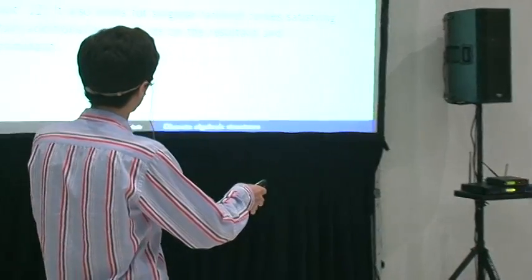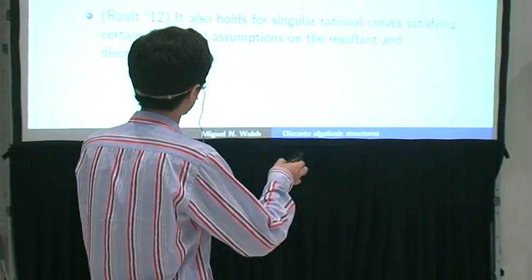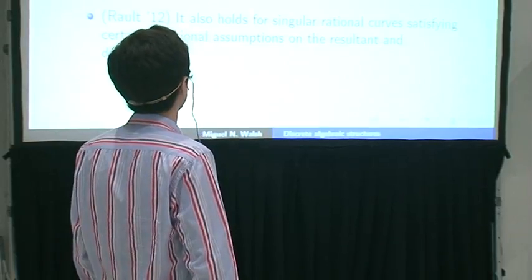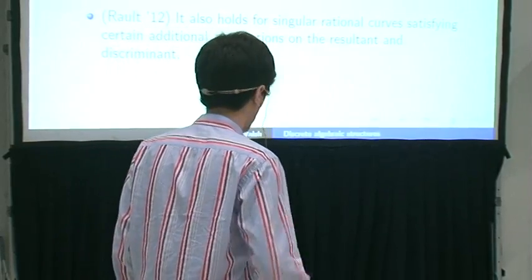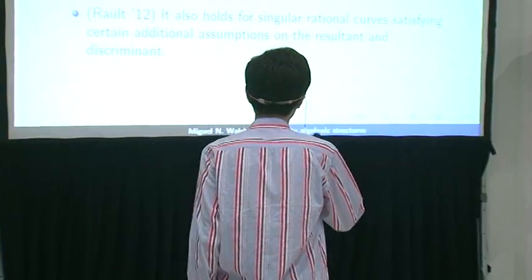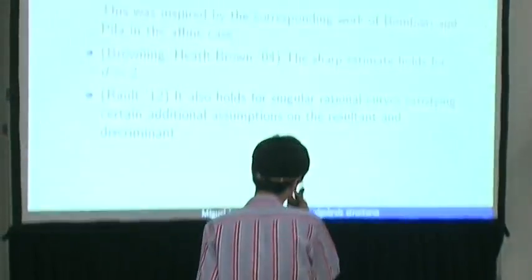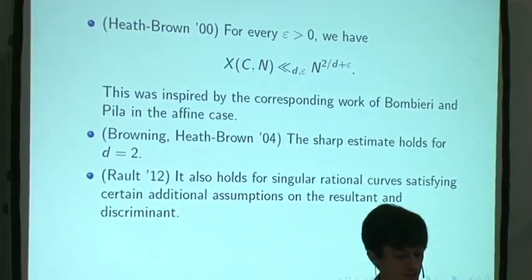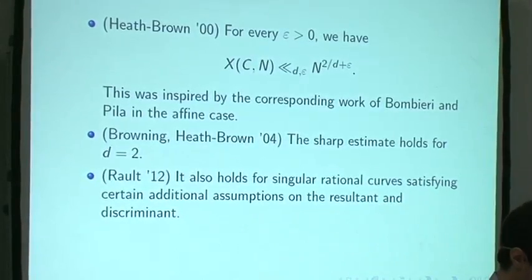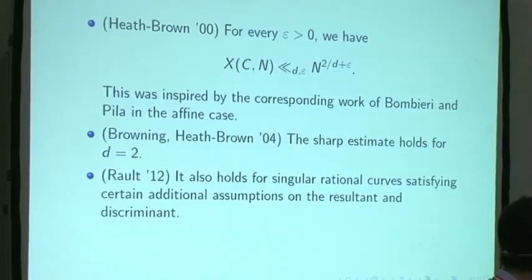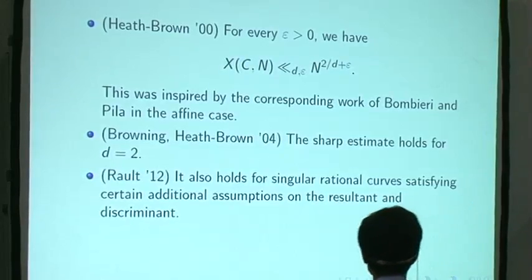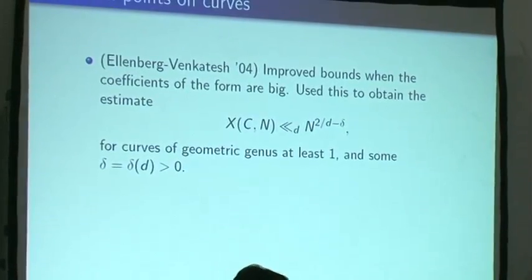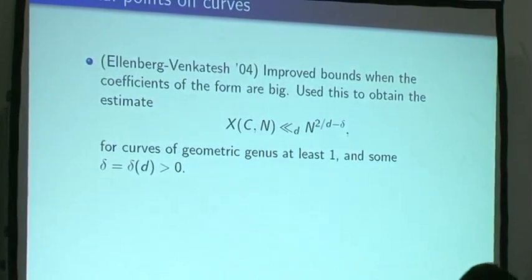The sharp estimate, that is, where you remove the epsilon, was obtained when d equals 2 by Browning and Heath-Brown. And that was the only case in which this sharp estimate was known. And Rolt has recently proven that it also holds for singular rational curves under certain additional assumptions on the discriminant and the resultant. And there is also work by Chong and Robert. There are other works, but for us, the most important results are due to, on the one hand,